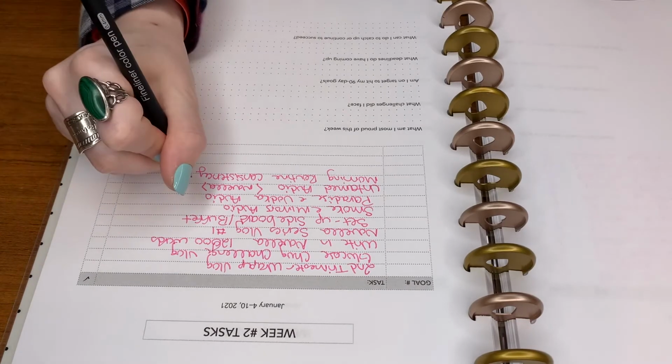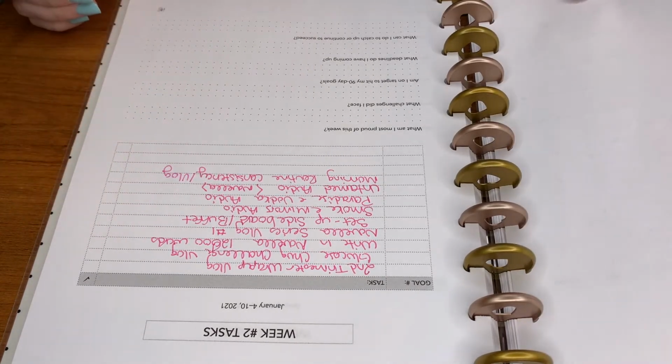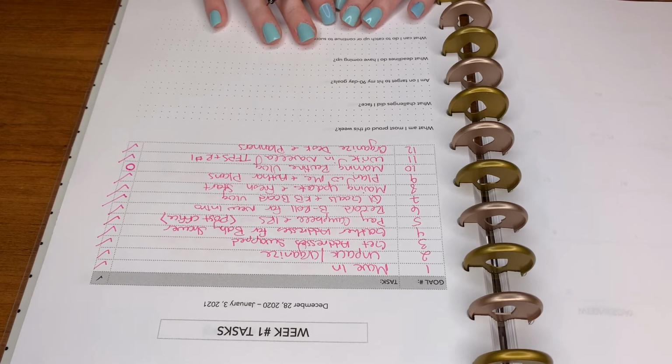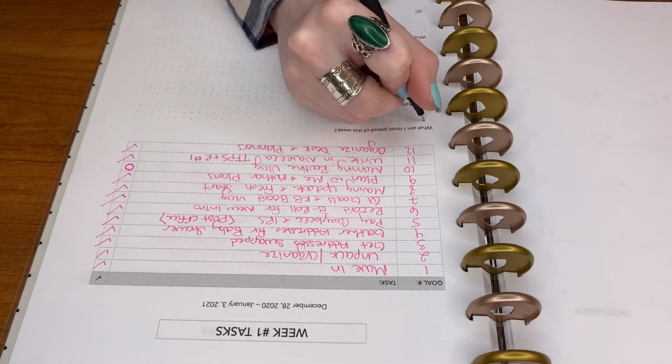I'll just add it over to here. So I will go ahead and fill this out. What am I most proud of this week? Because we are at the end of the week, it is Sunday, January 3rd. What I'm most proud of, I am most proud of my